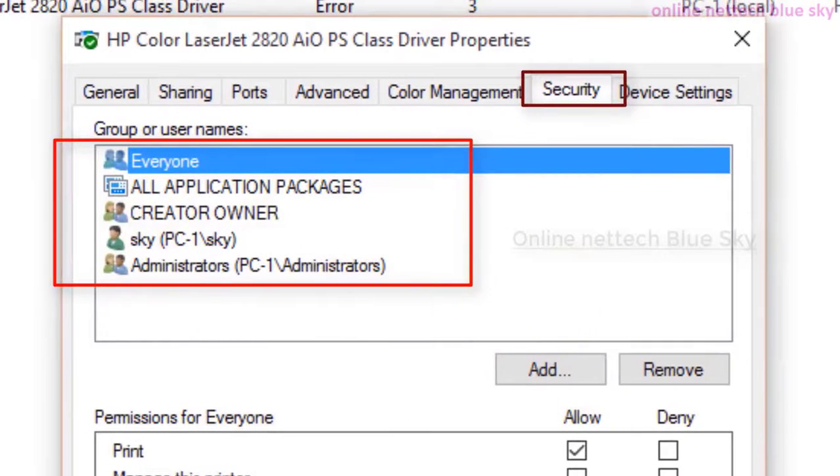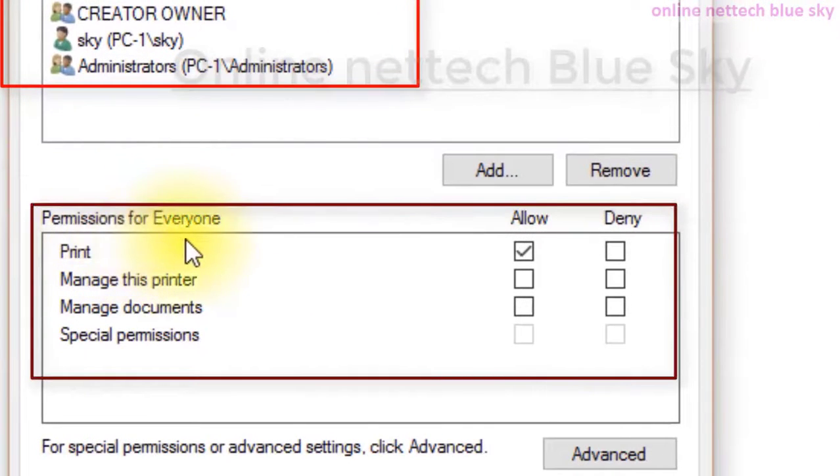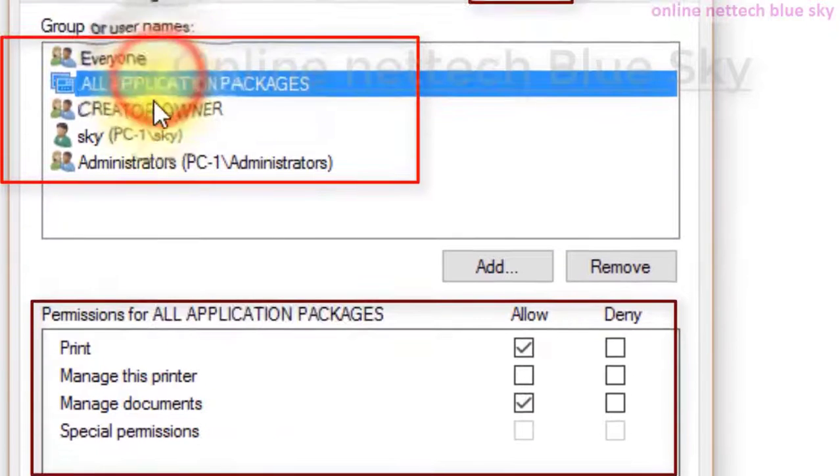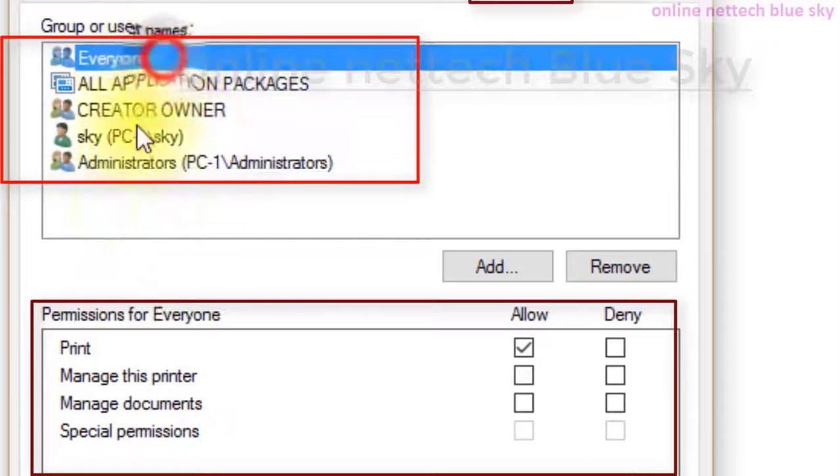So you can see these are all my users and groups, and this is how they behave with my printer and my network communication with this computer. You can see permission for Everyone. Everyone is one type of group. You can change the name here.